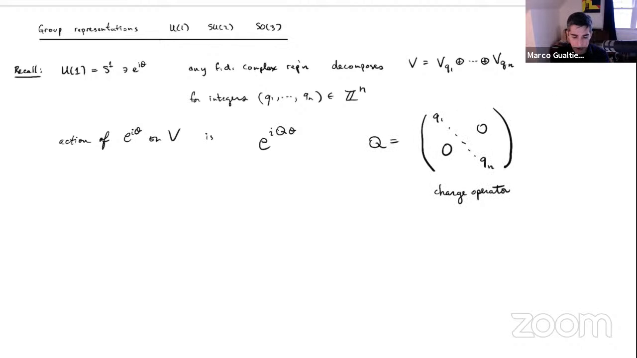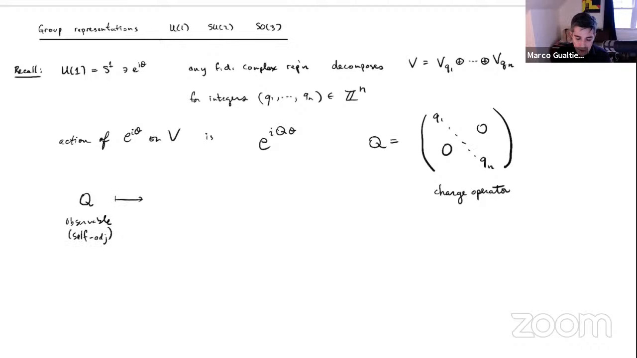So the way that rotation by theta acts here is that it acts at a different speed on each one of these factors. And the speed of rotation is what we call the charge. The charge can be any integer, and so we have a matrix of charges, a charge matrix. Notice that this is an example of Q being an observable. In other words, it's self-adjoint,